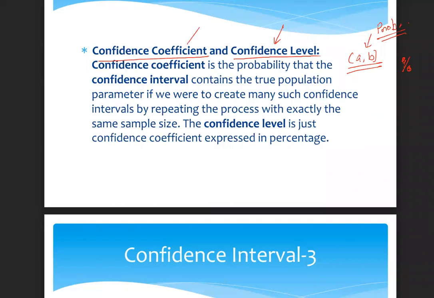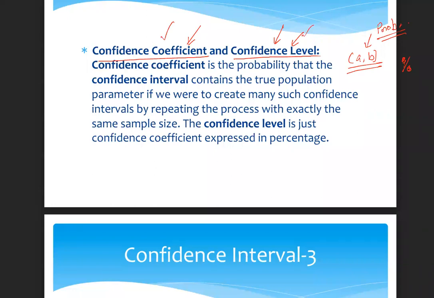They kind of are related. So confidence coefficient is probability, which is in decimal, and this is in percentage. So what was the big deal about it? I could say confidence level versus confidence coefficient, kind of interchange these. So don't get too strict about these things. Just remember, formally, confidence coefficient is the actual probability, maybe in decimals,